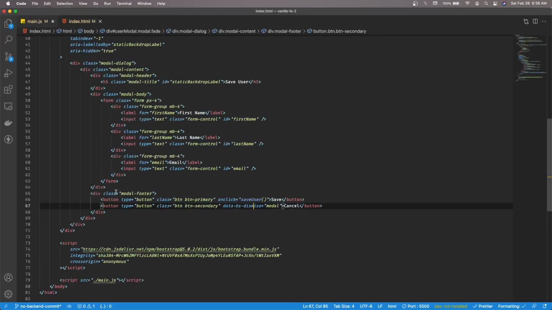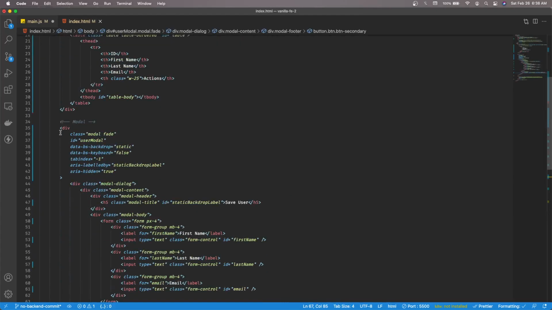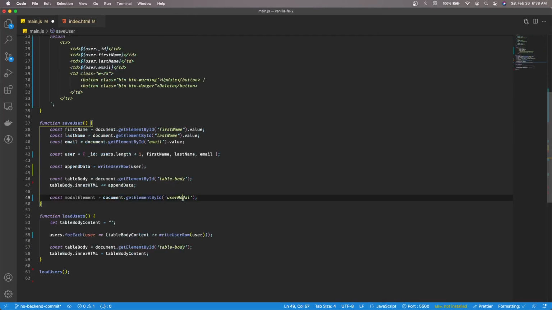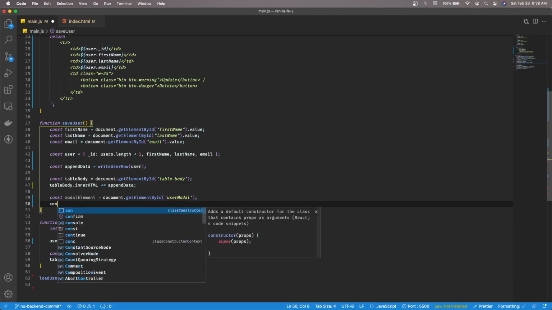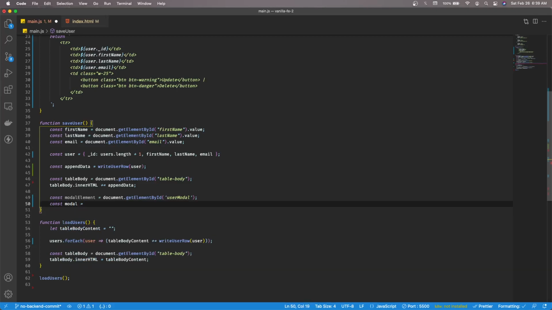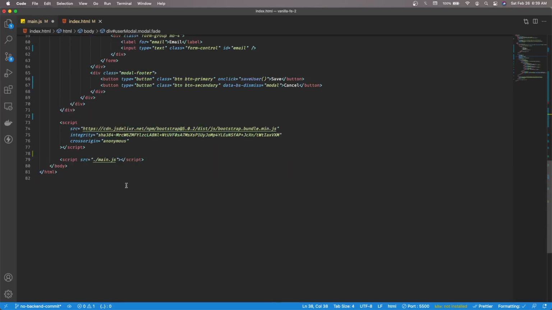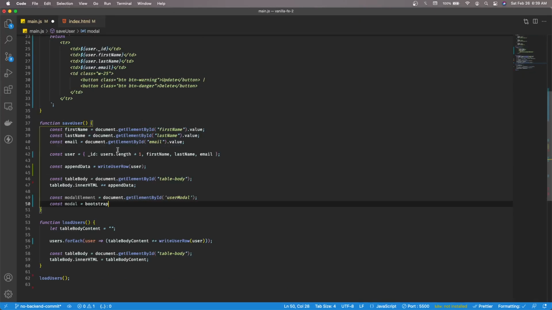So we're going to get the element, which is our modal right here, this entire thing, the modal. Let's just get that. So the user modal is our ID, and then the next part is let's create a variable to hold the instance of that modal. I'm just going to create modal and then say Bootstrap. Bootstrap is coming from the CDN that we input right here. So Bootstrap dot Modal,